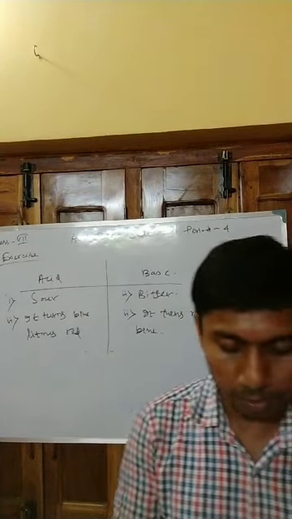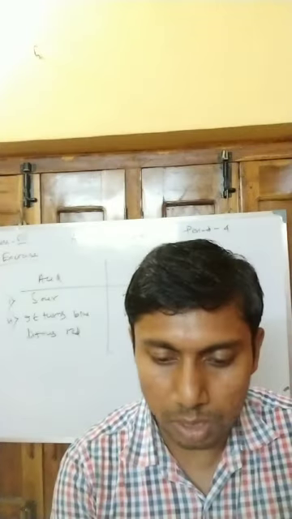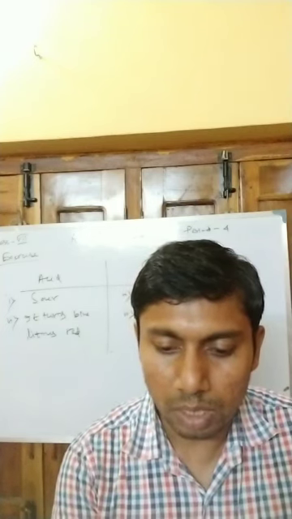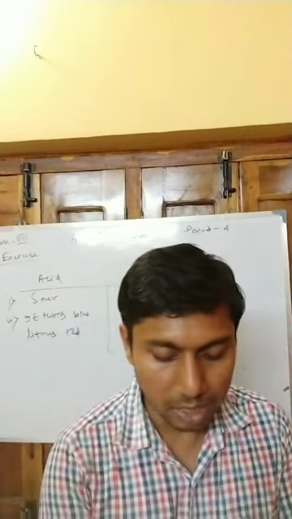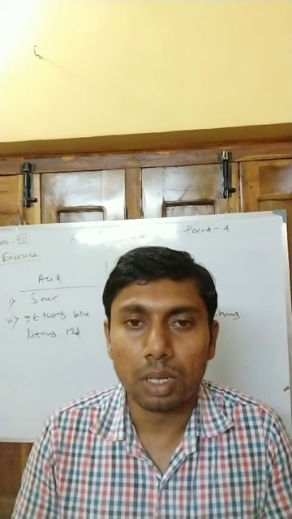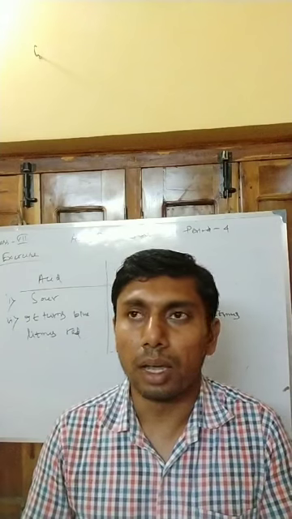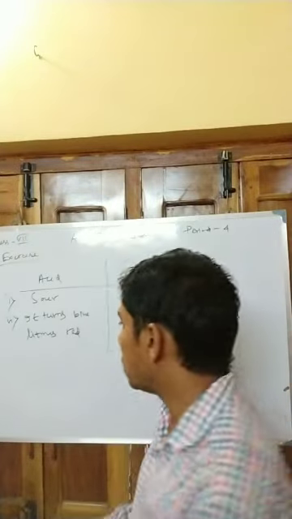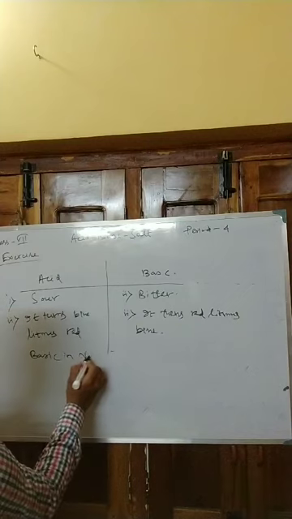Next question, follow your questions. Ammonia is found in many household products such as window cleaner. It turns red litmus blue. What is its nature? Now from our concept we know that it turns red litmus blue, so it is a basic solution, because in a basic solution litmus turns from red to blue. So the nature is basic in nature.